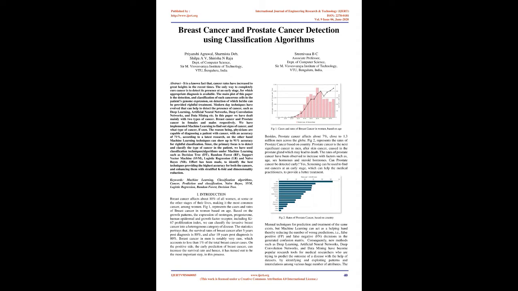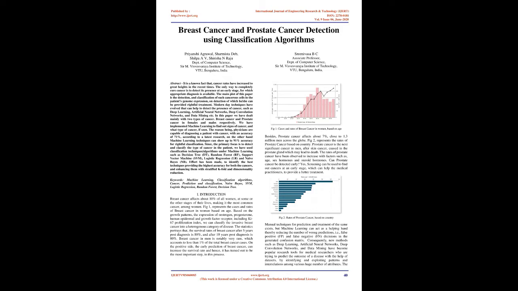Yes, screening can be used to find cancers at an early stage, which can help medical practitioners provide better treatment. Manual techniques for prediction and treatment exist, but machine learning can act as a helping hand, thereby reducing the number of wrong predictions, i.e., false positive (FP) and false negative (FN) decisions in the generated confusion matrix. Consequently, new methods such as deep learning, artificial neural networks, deep convolution networks, and data mining